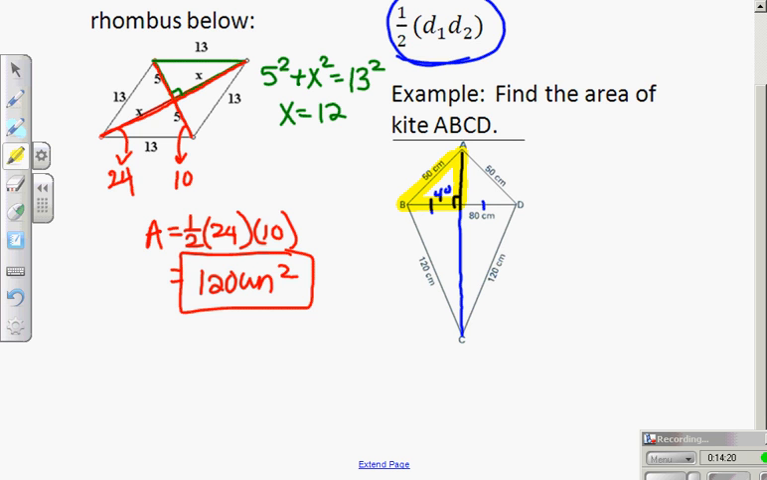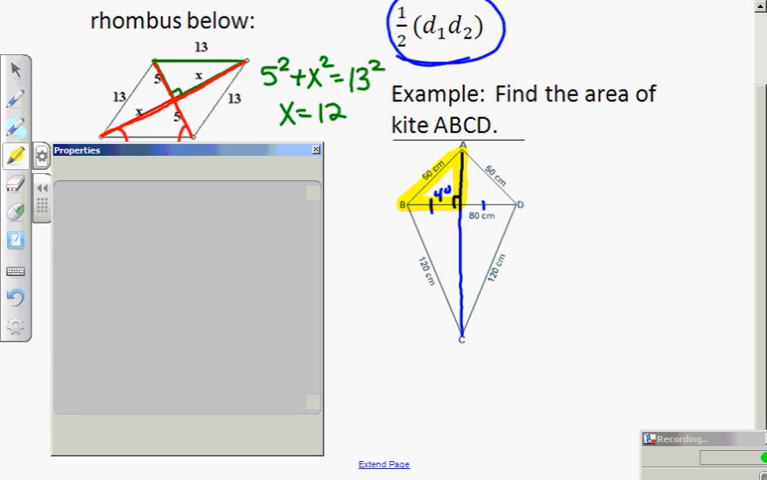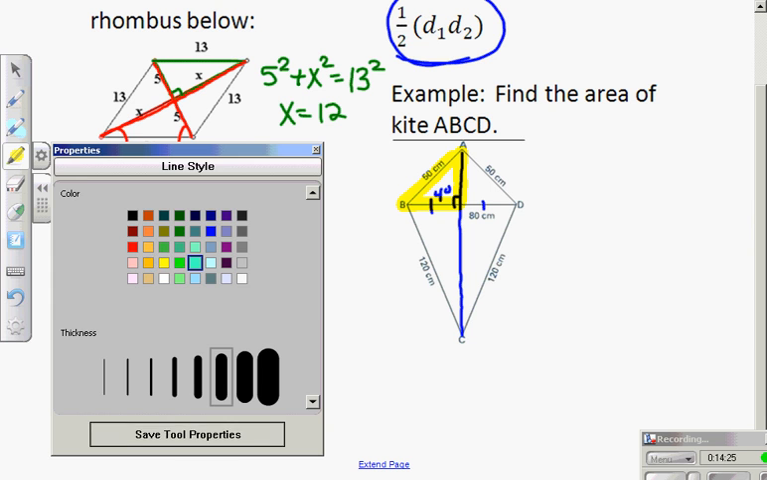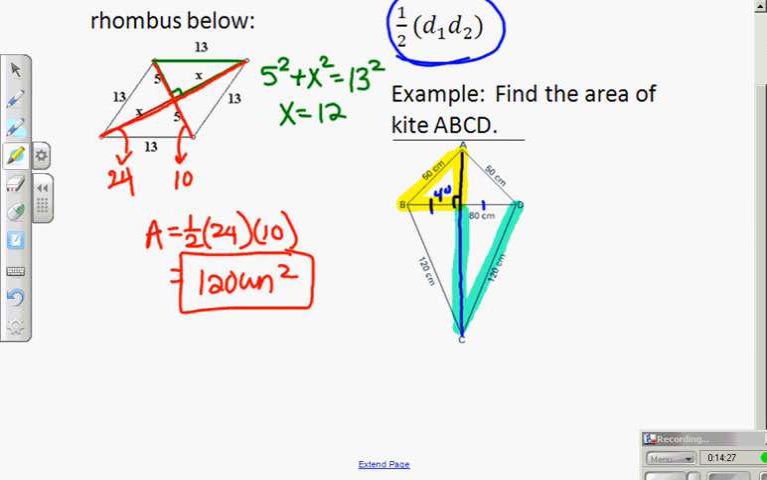So I see right triangles again. I can find that piece, and I can go through and find this piece down there, add them together, and I have my diagonals. So here we go. This triangle up here, again, okay, so looking at the yellow right triangle, I could set up the Pythagorean theorem again and say 40 squared